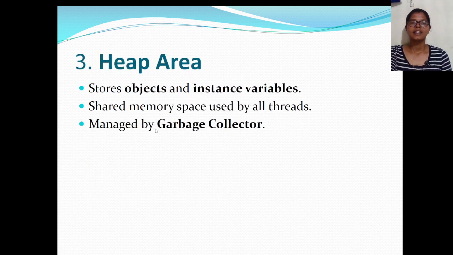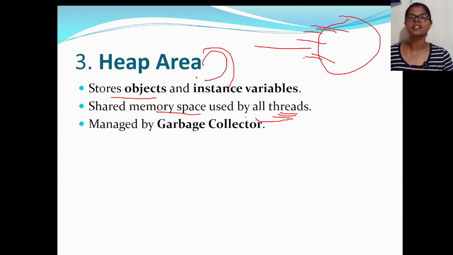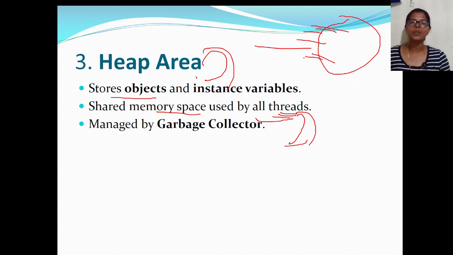Okay. Next, the heap area, what does it store? This memory area stores the objects of the class. In a Java program, we'll create n number of objects and declare instance variables. The heap area contains the objects and instance variables. Also, it stores the shared memory spaces which are used by the threads. Now you will not understand the thread concept; when we discuss thread concepts, we will understand it. So whatever memory space is used by the threads is also stored in this heap area. Objects are also stored in the heap area.